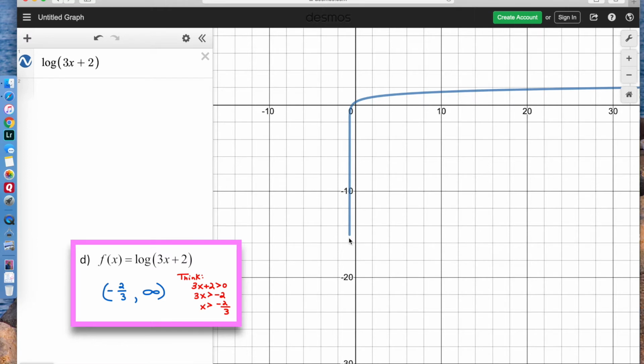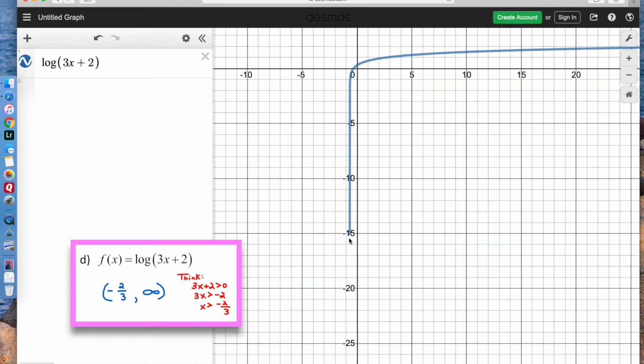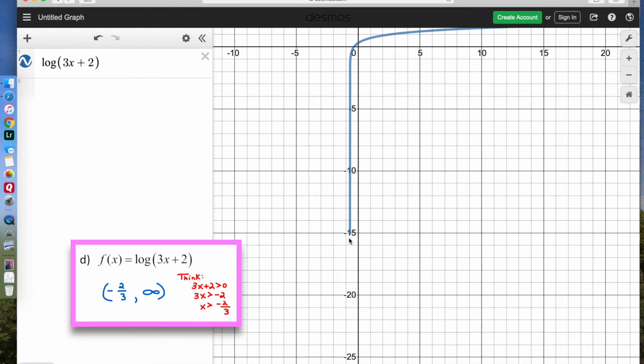Almost any graphing software is going to have an issue with a logarithmic function because the logarithmic function has a vertical asymptote, and this part of the graph gets infinitely closer and closer to the asymptote. What you'll find is that around here, Desmos or your graphing calculator or any other technology that does graphing will probably kind of freak out a little bit and say, ooh, this isn't a function because it got vertical. And so this does actually keep going down and gets closer and closer to your asymptote. And what we should have